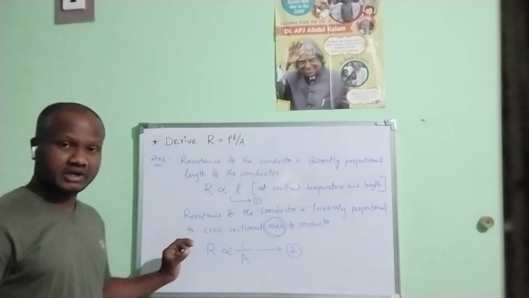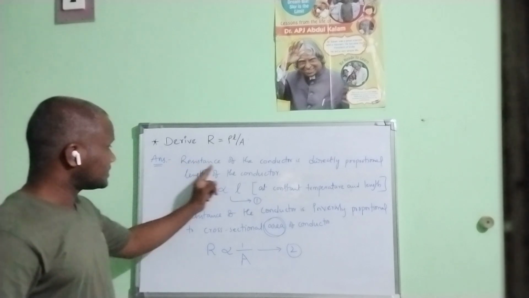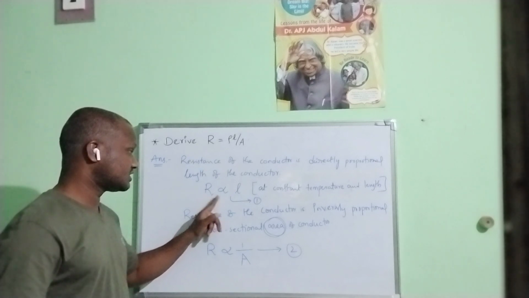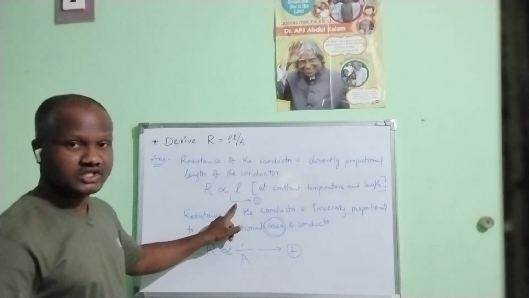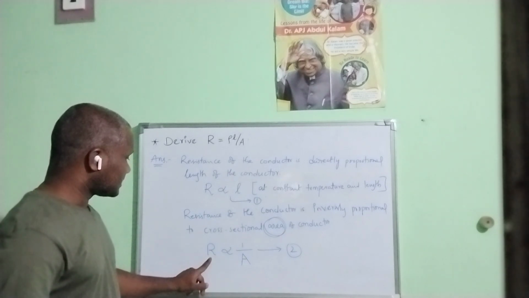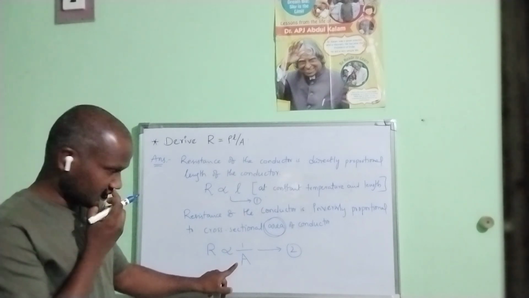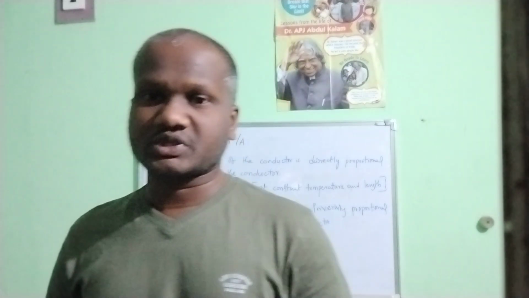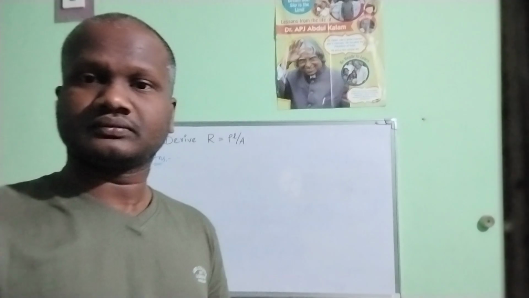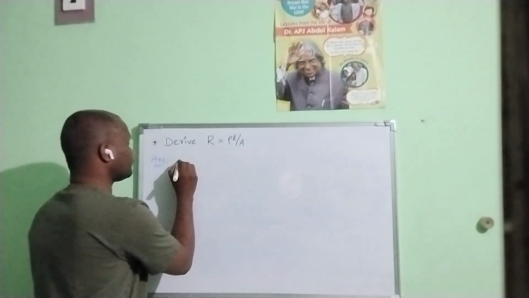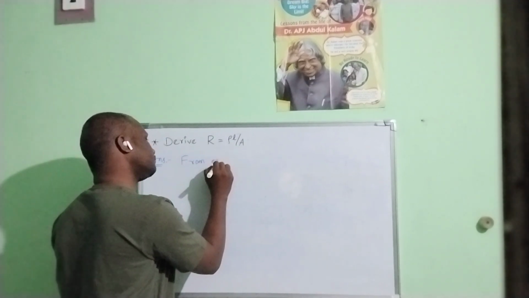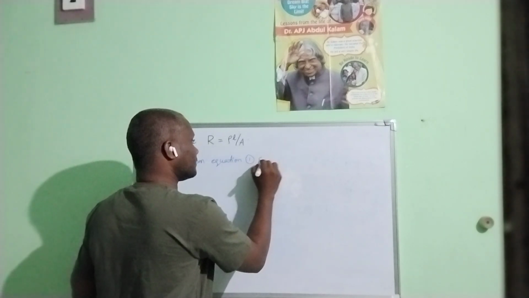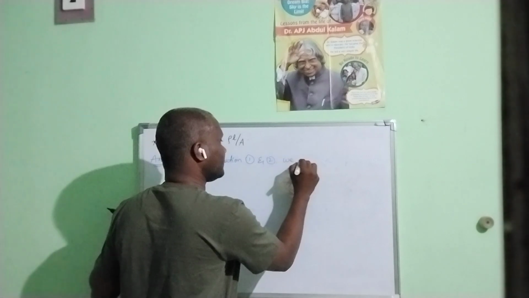These are the main 2 points everyone should remember. The resistance of the conductor is directly proportional to length, R is directly proportional to L, and you consider this as equation number 1. And resistance is inversely proportional to cross-sectional area of the conductor, and you consider this as expression number 2. And by using expressions 1 and 2, finally we get the equation. From equation 1 and 2 we get